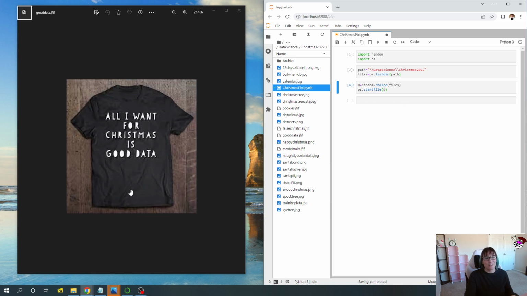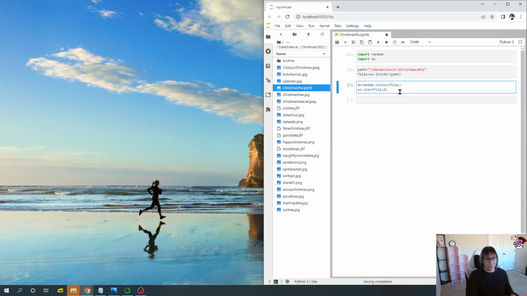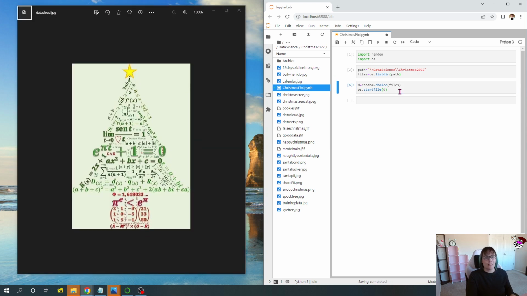All I want for Christmas is good data. Yes, I am very sure that a lot of us would like this for Christmas. All right, one more. Maybe we need to close this. All right, one more. Oh, this is hilarious. Very math intensive, like a math word cloud in the shape of a Christmas tree. This is adorable.